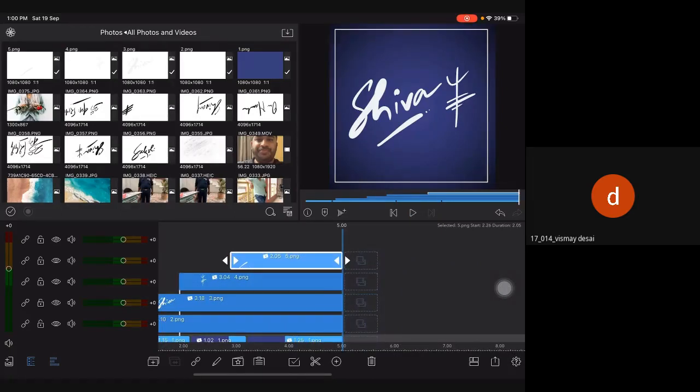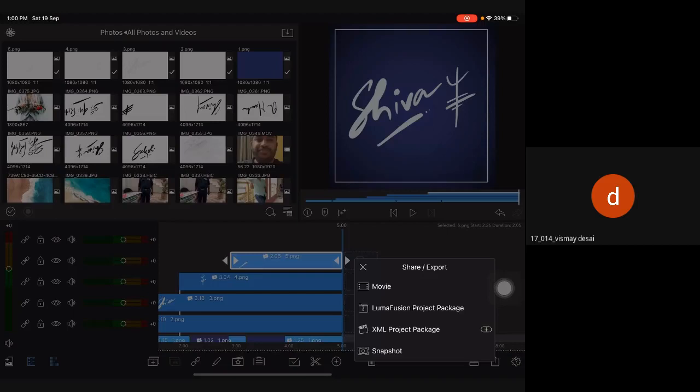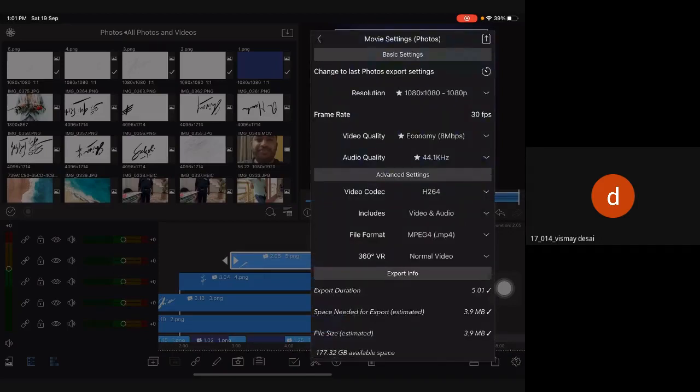Yes. Now simply you need to save it as a movie, right? You can save it anywhere, suppose Photos. In the settings you can have multiple choices. You can set the bit rate. Normally H264 is the standard for MP4. In many software MP4 is not directly written, but in that case you need to select H264. That is the standard for MP4 file. Get it? And we'll export it.